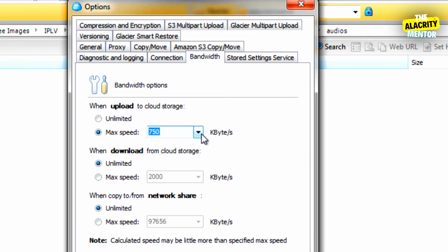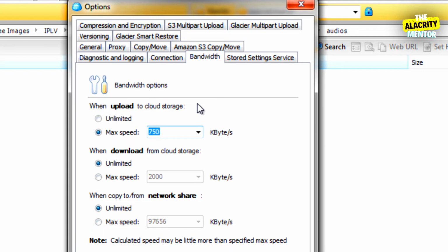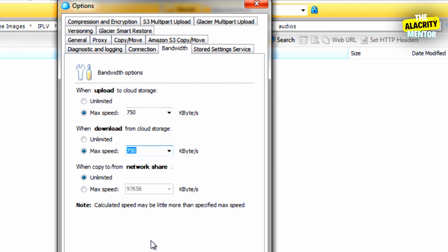Unless, of course, you really want to get the files uploaded and you're going to walk away from the internet. So just keep that in mind, that that's something that we encountered. And if you want to use the internet, select that. Same with download speed. If your max is 1,000, you want to select something lower than that.